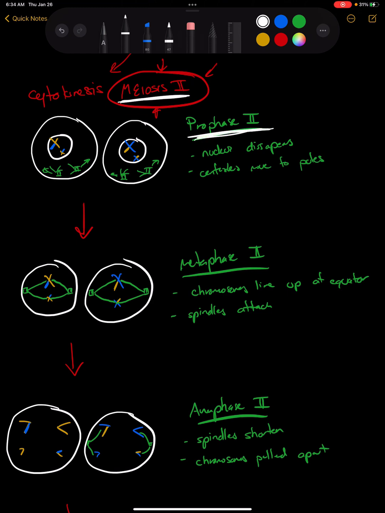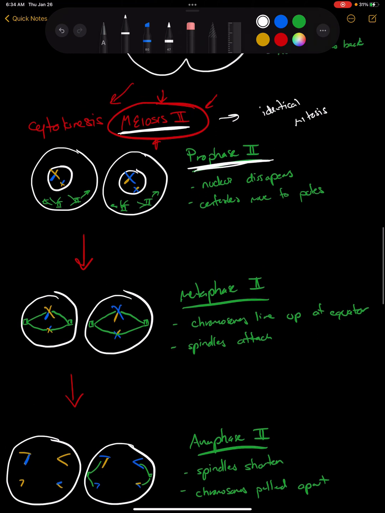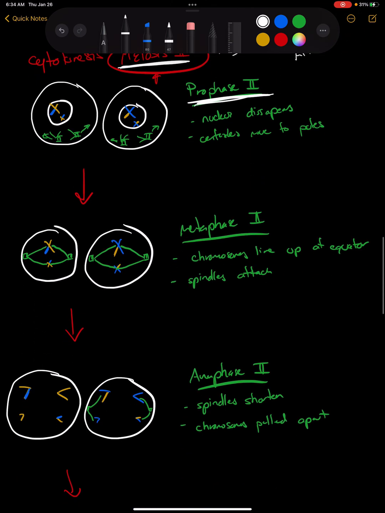In meiosis 2, this looks identical as far as structures go, identical to mitosis. But now instead of having one cell, I have 2 cells because I just divided. So in prophase 2, my nucleus starts to disappear. So see, whoa, I got cut a little bit too much. I can start cutting a little bit of my nucleus like that. And my centrioles move to the poles.